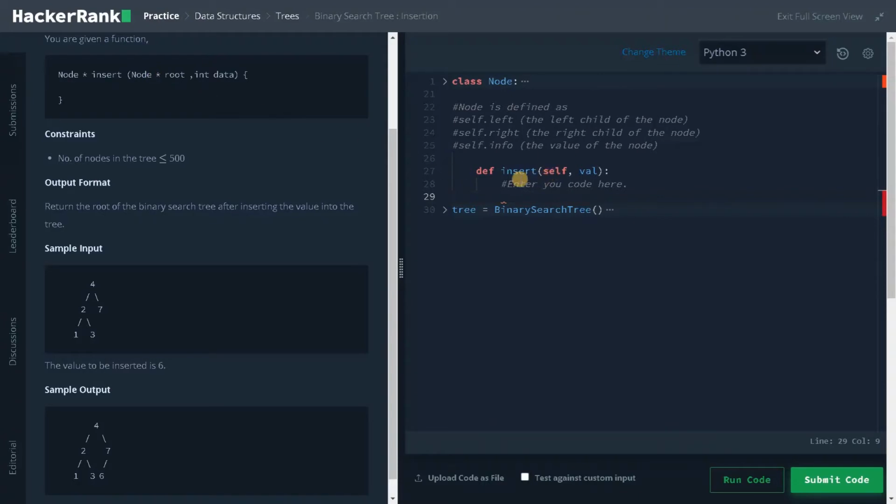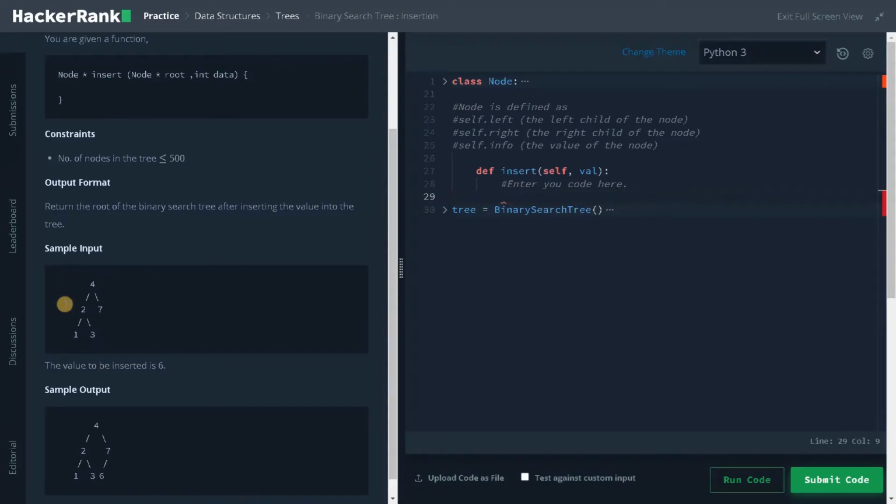But in this case, they have given a class format and they are calling the function with this particular object. So I'll be using a while loop to insert that particular node in the corresponding position. You can also use recursion if you want. In the normal case, we would be using recursion, but in this case, we will be using a while loop. Both are almost the same logic, only the method is different.